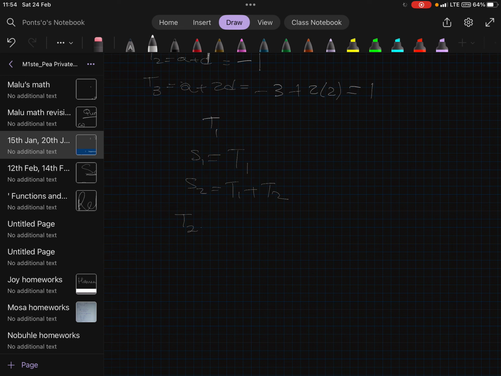So s2 minus t2 equals t1 plus t2 minus t2. So if we apply additive inverses, then